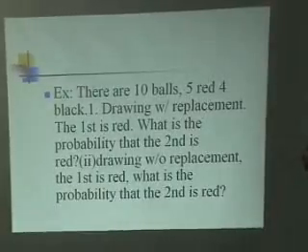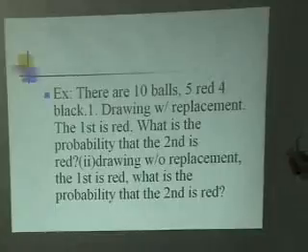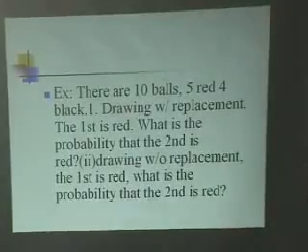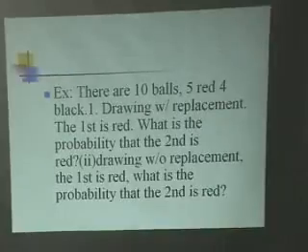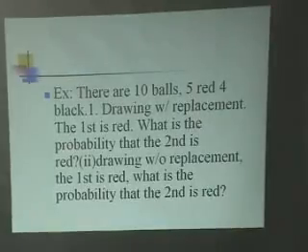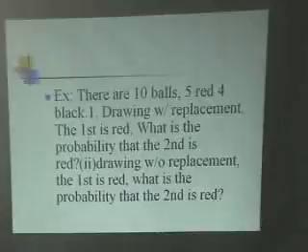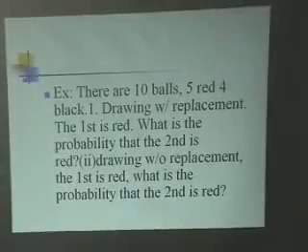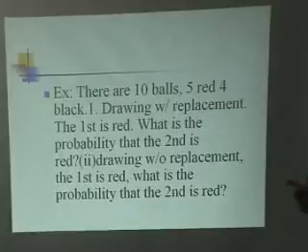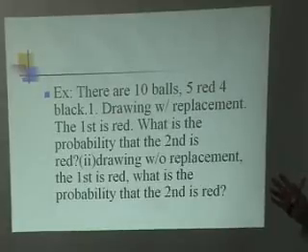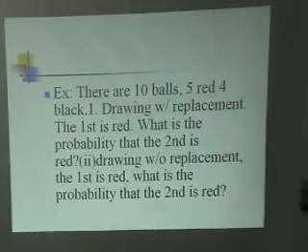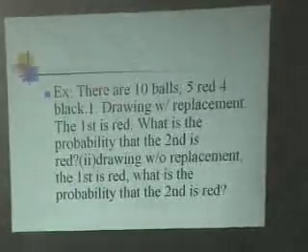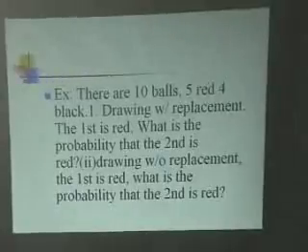Because this is drawing with replacement, we take it out and put it back again. So this kind of trial, what does that mean? Each experiment is independent. So given the first one is red or any other color, what's the probability the second one is going to be red? The same thing, because if two things are independent,